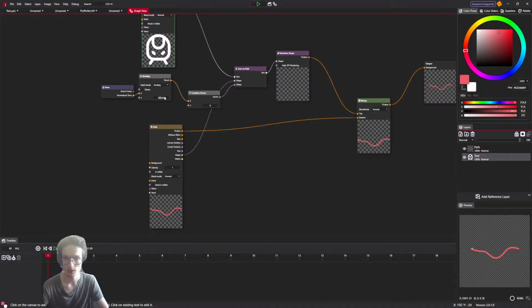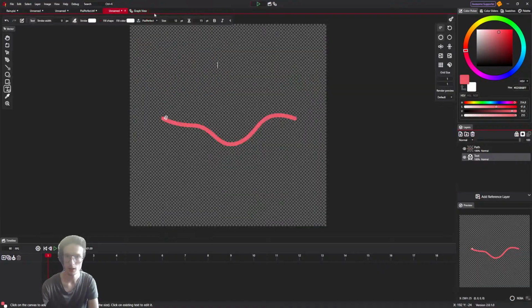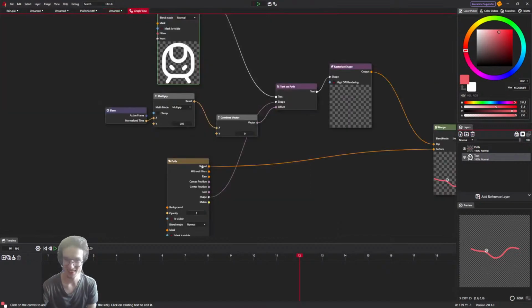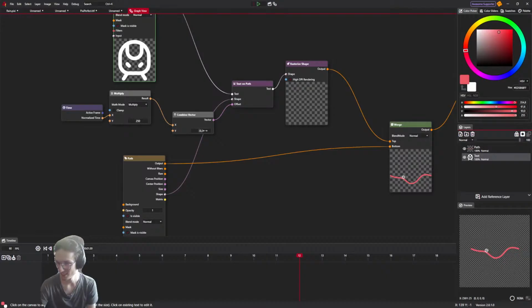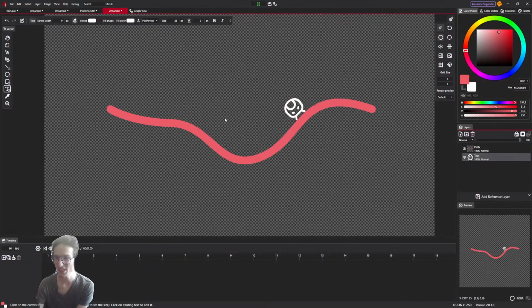Let's increase the value here so we can go along a whole path. Voila! Beautiful. Now maybe make it bigger. Okay, yeah, and give it some offset so it goes along. Yeah. Absolutely no issues at all. It looks beautiful. Let's just watch it for a while.